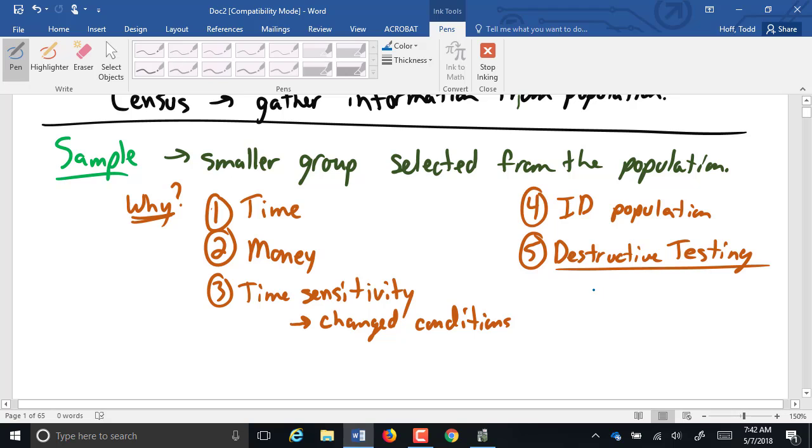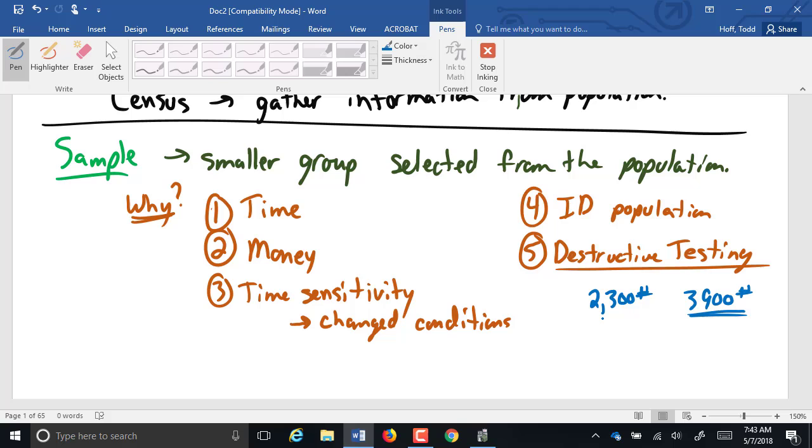Let's say it needs to be able to handle 2,300 pounds. You put it in a machine and it snaps at 3,900. That's telling us if it snapped at 3,900 pounds, it's probably good up to 2,300. There's a safety margin there. It all depends on your material. I can't just throw it a flat percentage or anything like that. It has to do with the characteristic curves of your material.